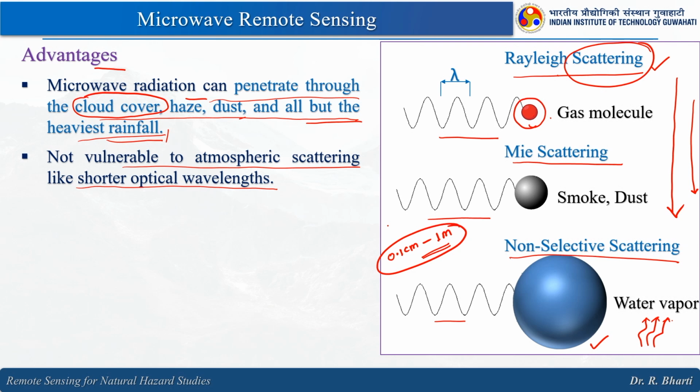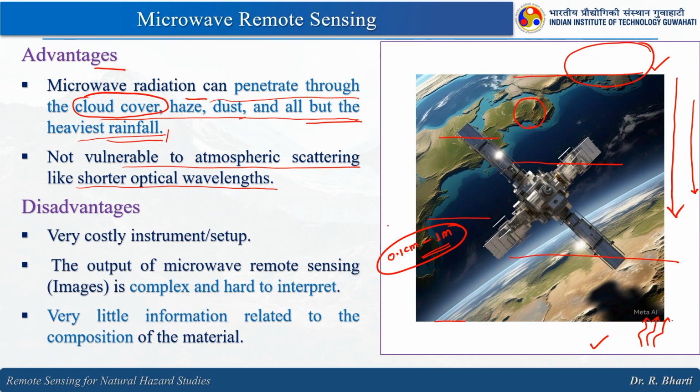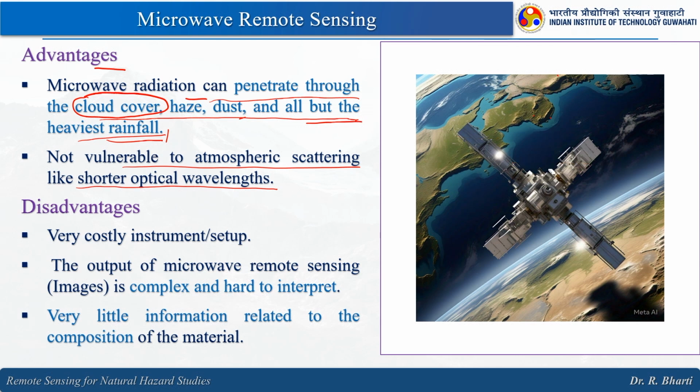So, because of that it is very difficult. Now, the disadvantages. The disadvantage says very costly instrument setup, right. Compared to optical remote sensing, this is costlier. Then the output of microwave remote sensing is complex and hard to interpret, because earlier we talked about the optical